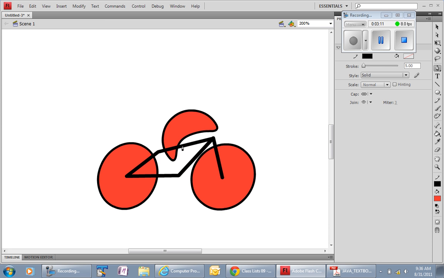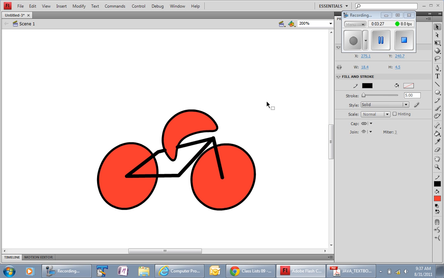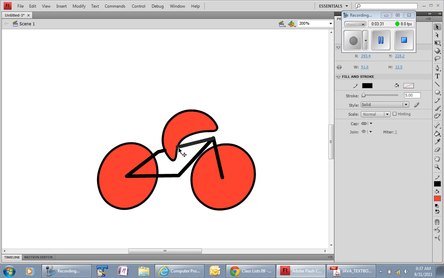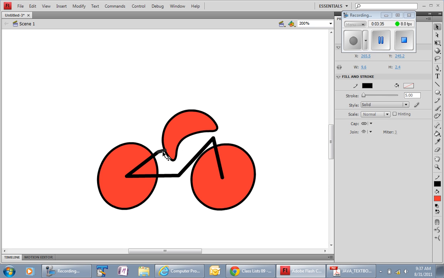Notice how this went over the top. Later on we'll be able to control what's in front and what's in back when we start working with layers. Since we're not working with layers yet, I'm going to click on my selection tool, see if I can just click that middle part and hit delete and see what happens. And it's kind of